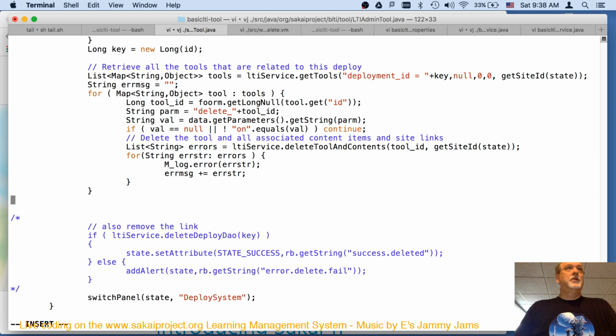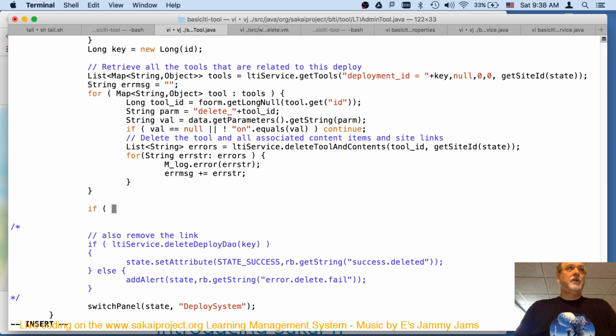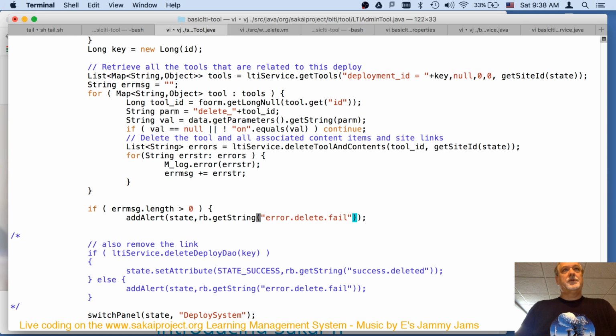So if message dot length greater than 0, we're going to do this, and then I'm going to concatenate. It just has to look decent, so I'll throw a break tag in there. And then I am going to,